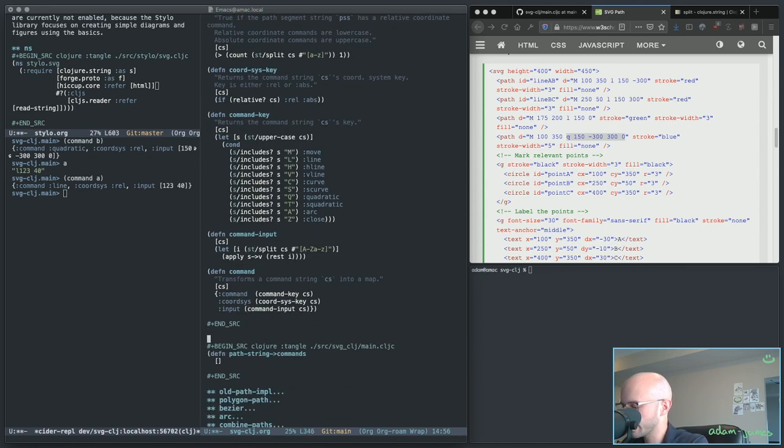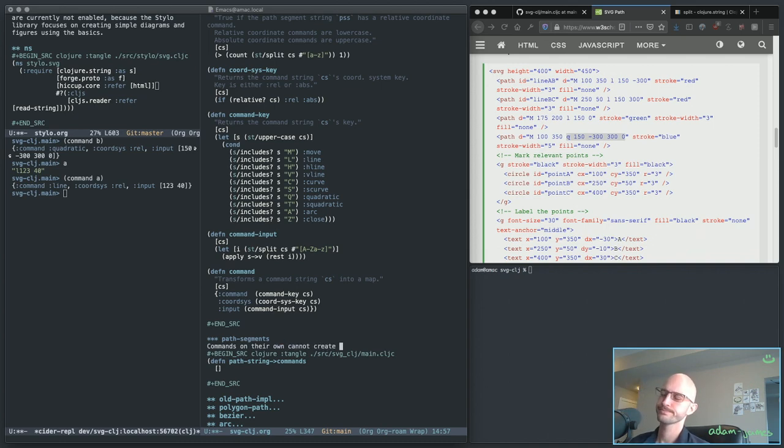So that's commands, and now this is path segments, the start of it anyway. So commands on their own cannot create a path. Path segments